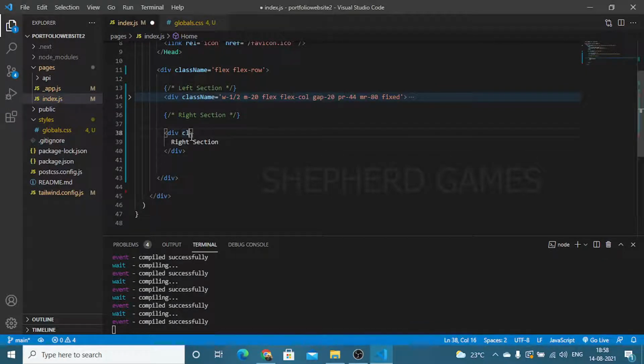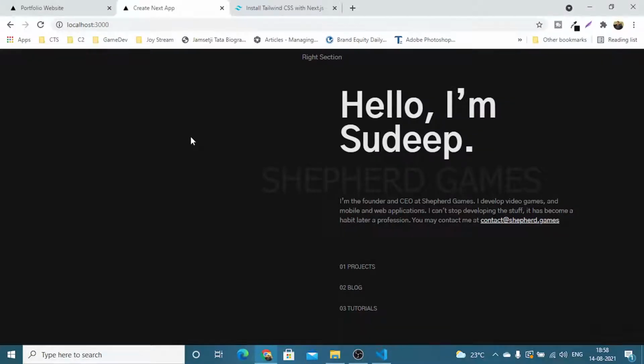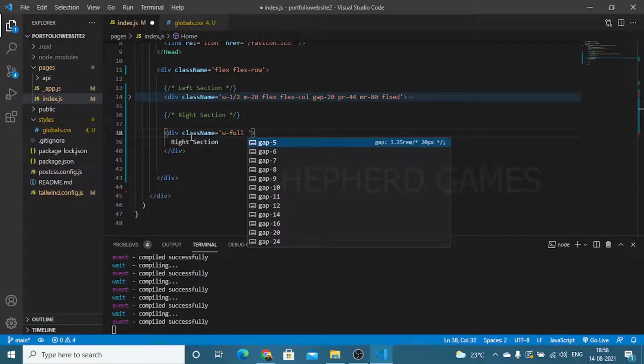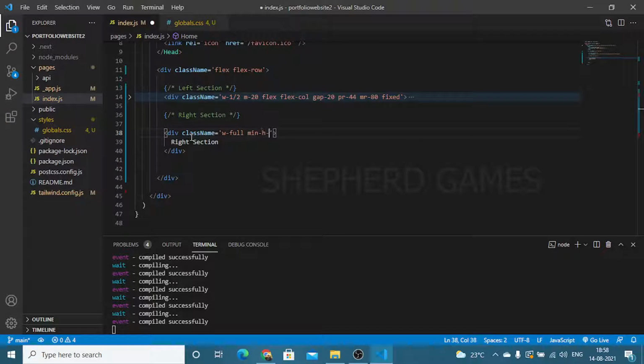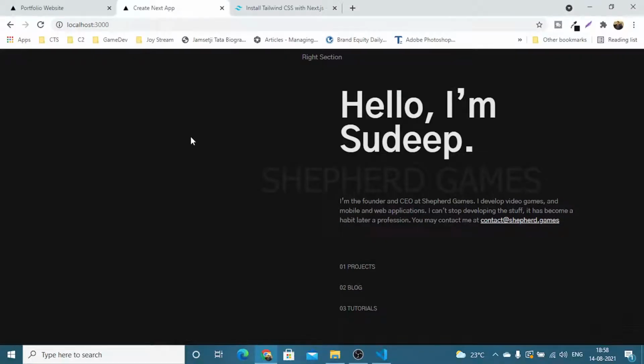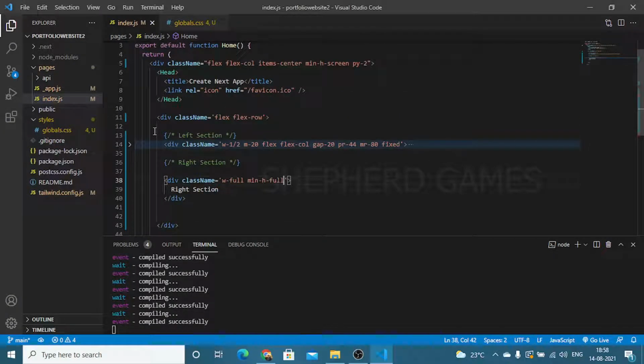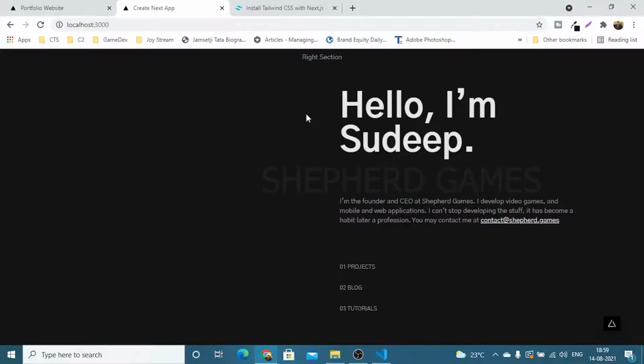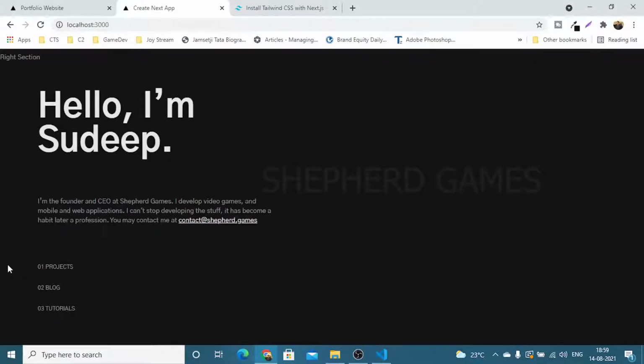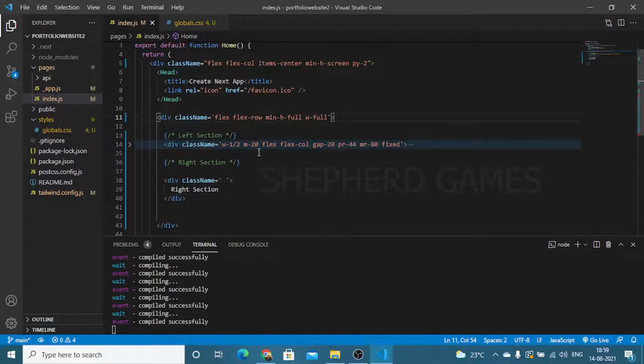Okay, so the class will be width of full. And minimum height would be full. Okay, now we got the content to the left hand side. So what happened is,